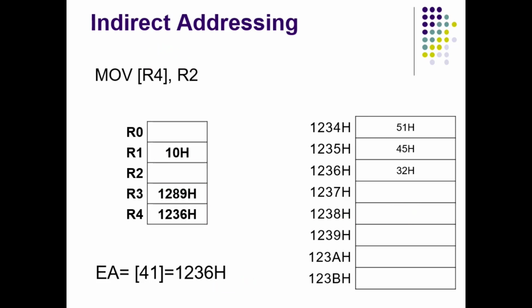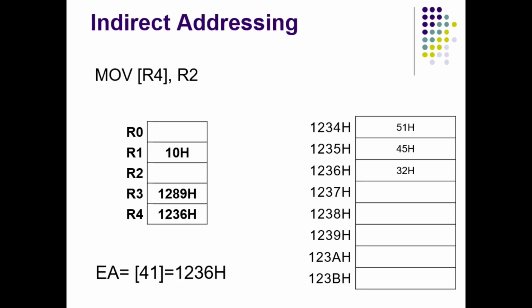In my previous example, I had given one instruction where I used indirect addressing mode at the destination operand. Here in this example, I am using indirect addressing mode in the source operand. Here my intention is to transfer data from a particular memory location into the R2 register, and that memory location I have referred to using the R4 register indirectly. So it is called indirect addressing mode. Now how does the processor calculate the effective address where we have to refer to the source operand?